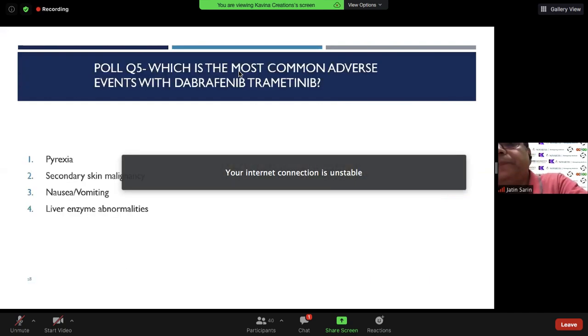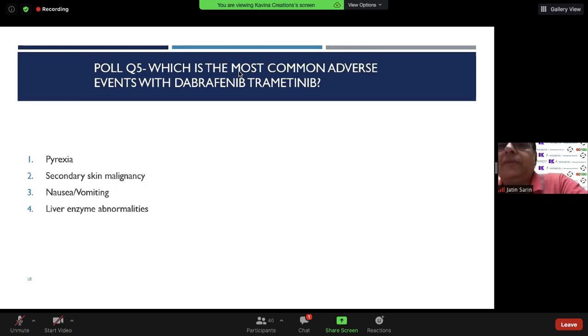please. So, as said, pyrexia. The other important side effect, secondary skin malignancy is rare, but there are very specific skin reactions with BRAF inhibitors in the form of maculopapular rashes, and sometimes nodules are formed. Very characteristic nodules are formed with BRAF inhibitors, but they are all benign papilloma kind of things. Nausea and vomiting is experienced by some patients, again, along with fever, or anorexia.